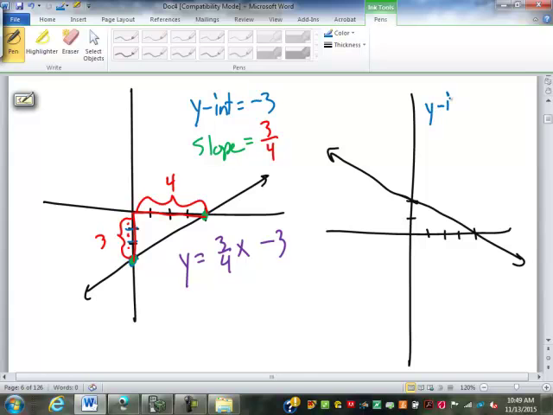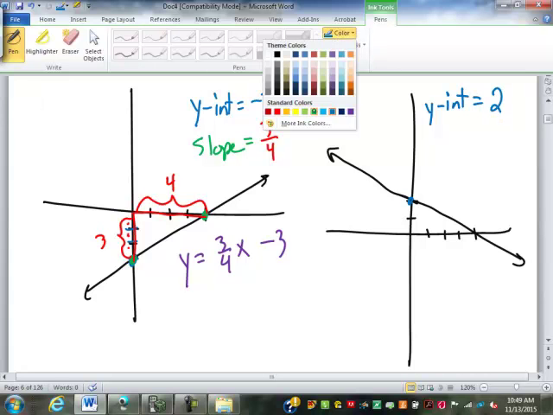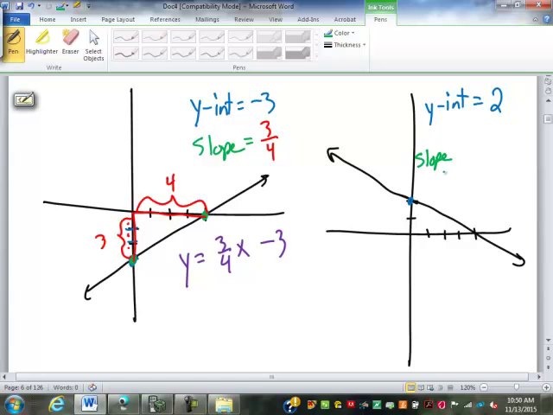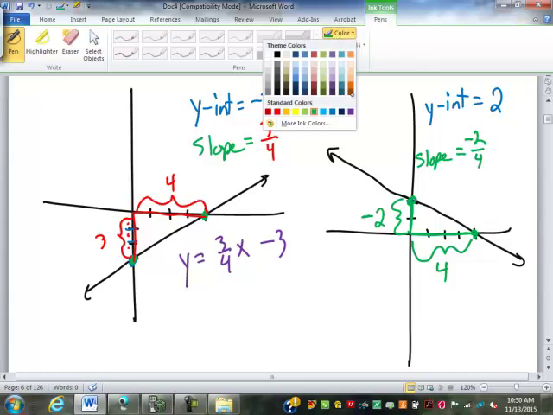So for this equation, what's my y-intercept? For this line, I should say. What's my y-intercept? It's at 2 here, +2. What is my slope? Well, again, I have a grid point there and a grid point here. Drawing in my triangle. What's the rise? It's 2, but it's actually -2 because it's going down 2. Right? And my run is 4. So that gives me a slope rise over run, -2 over 4, which can be reduced to